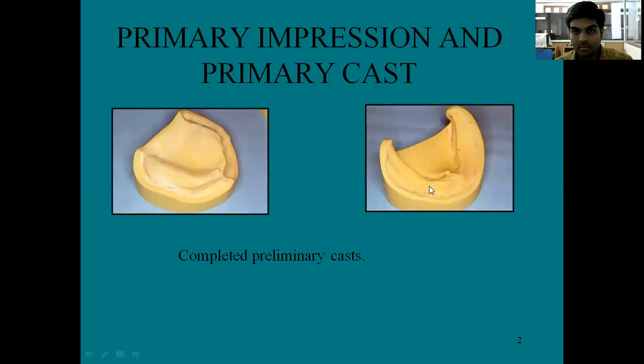So making a proper primary impression is the first step in fabrication of complete dentures, as you all know. After making the primary impression, we will obtain the primary cast. We all know that the primary impression is made with an impression compound material, alginate, or elastomeric impression materials, right?